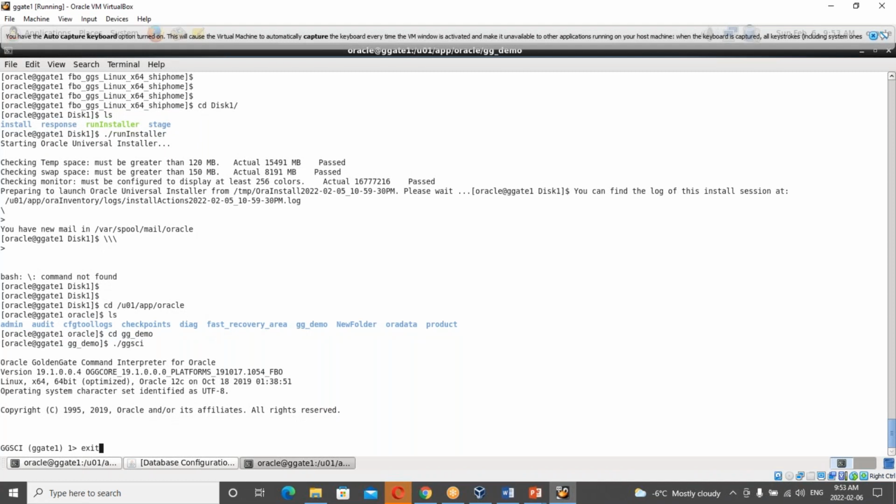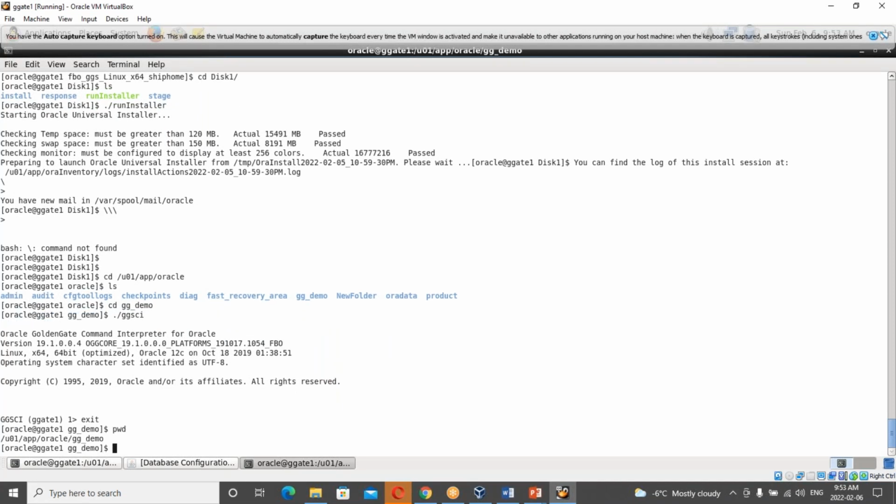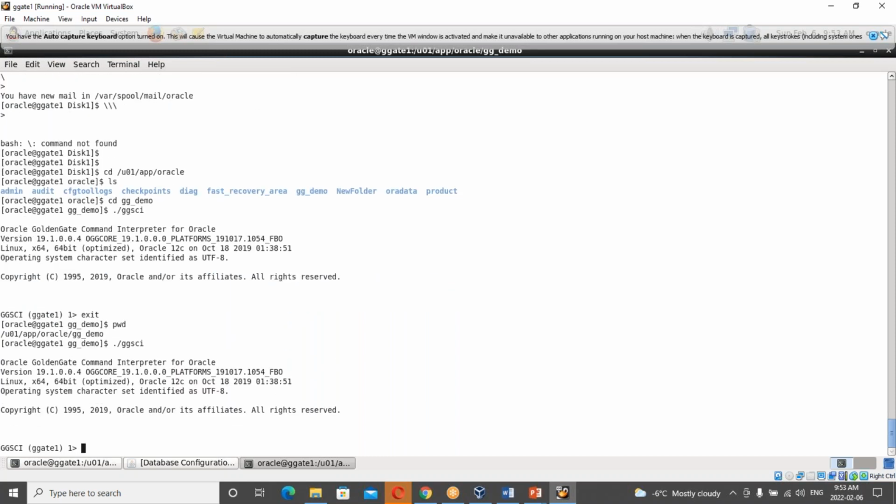So Goldengate is installed over here. To log into GGSCI, I do ./ggsci. Once I log in, you can see this is the GGSCI prompt. GGSCI stands for Goldengate Software Command Interface. So if I do info all,